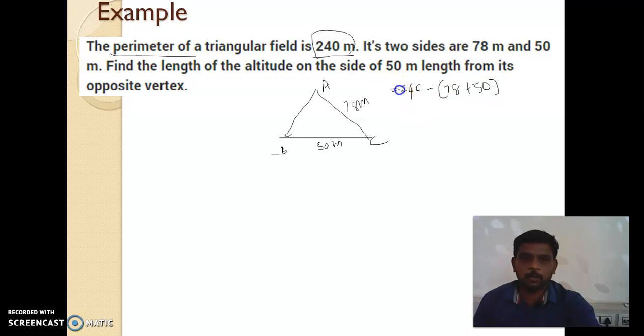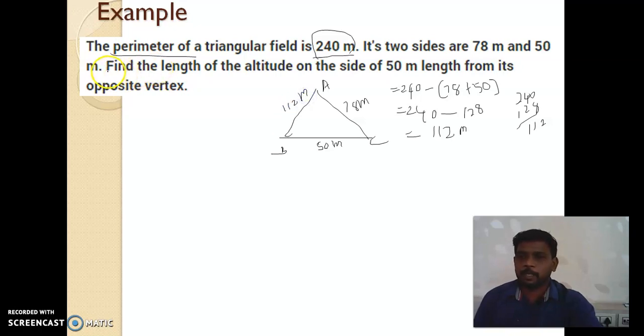So equal to 240 minus, when we add this, 8 and 2, so 128. So subtract and write it, that's it. So 240 and here 128. When we subtract these two, here 10, so 2, and here 3 minus 2, 1, and 2 minus 1, 1, so 112. So 112 meter, okay. So this one is 112 meter,